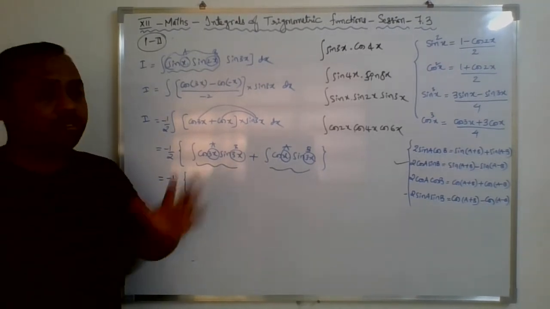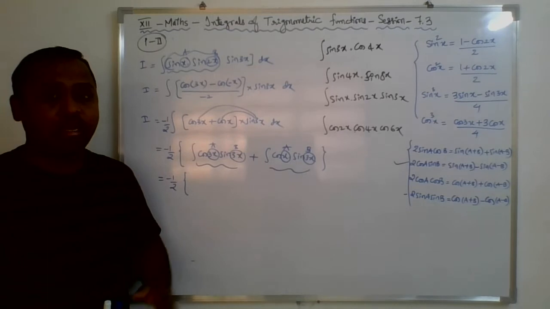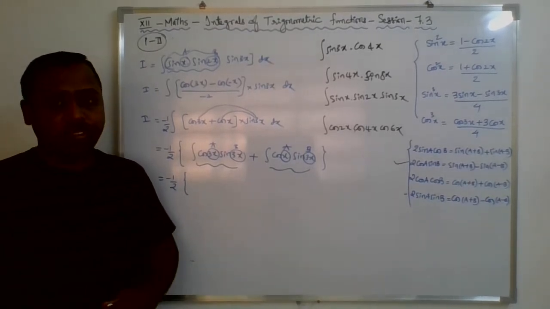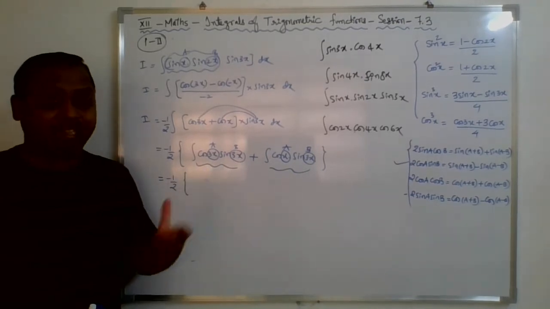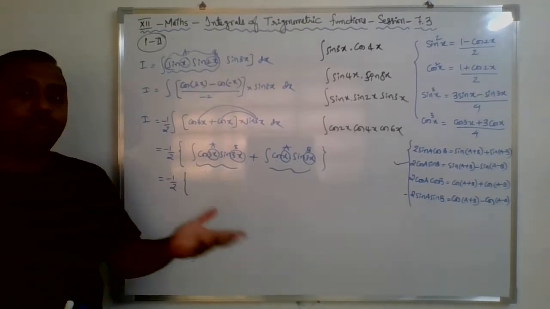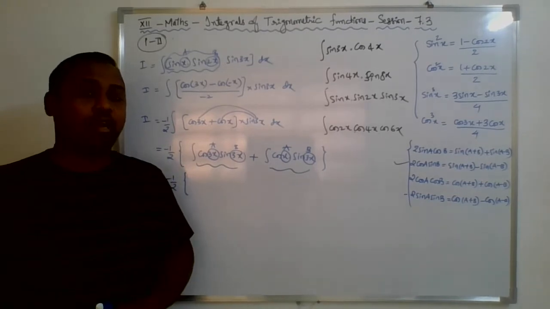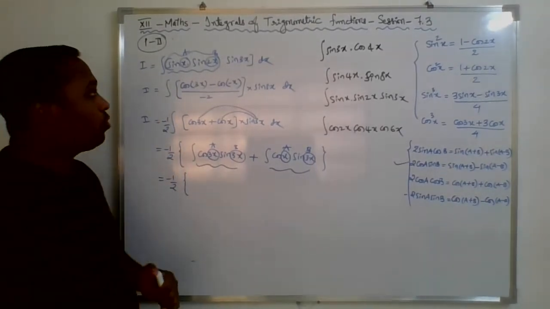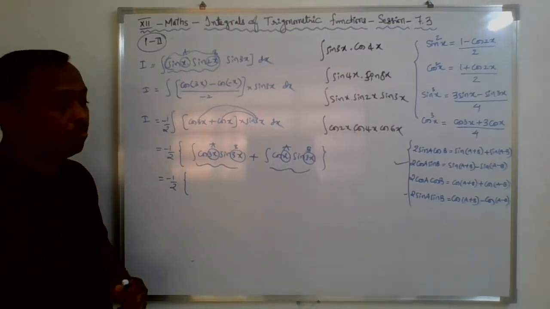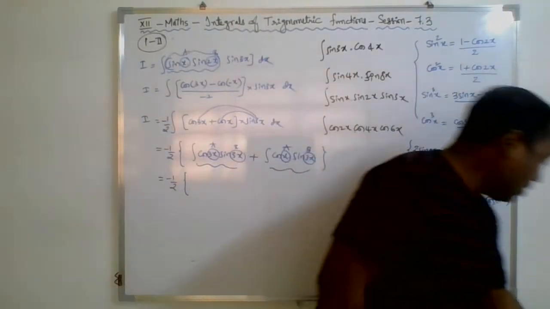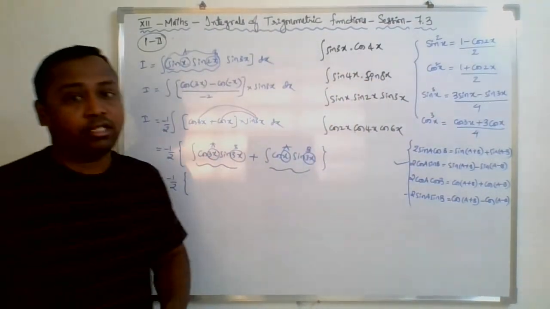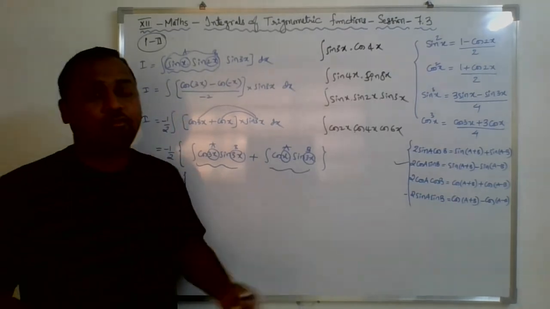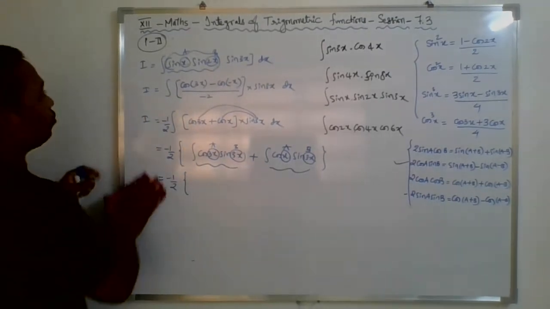So pattern 1 is clear. Pattern 2 is clear. I think we'll go with the pattern 3. From pattern 3 onwards, we required a methodology first, and wherever we require the trigonometric identities we'll definitely go for that. Okay, so let's take that one pattern 3 now, right? Little bit critical, but it's so important. From pattern 3 pattern 2, these all are 4 marker questions, so please do take care.